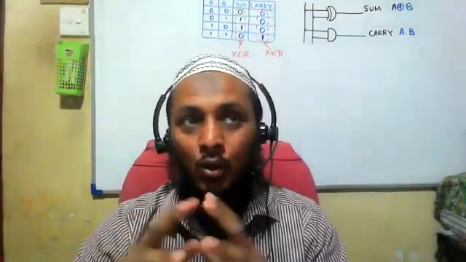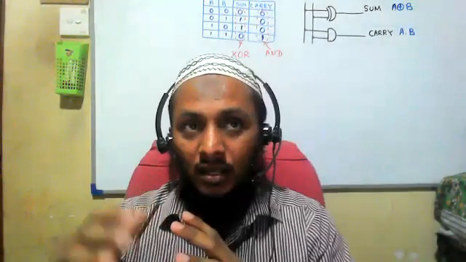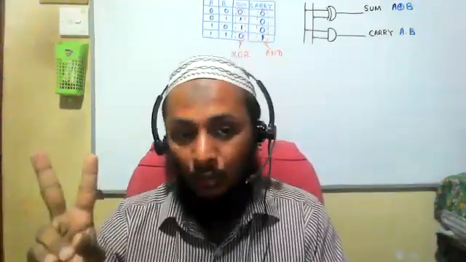So this half adder circuit we can use only to add two single bits. We can't use it to add sequential single bits, because if you see the circuit diagram, only two inputs are there, and sum and carry. So if you want to add another bit with that sum, a new bit, and the sum and the carry, we need three inputs, but half adder only has two inputs.